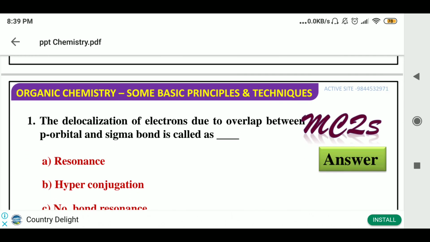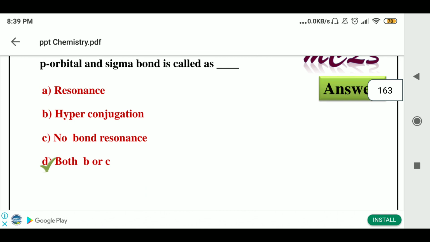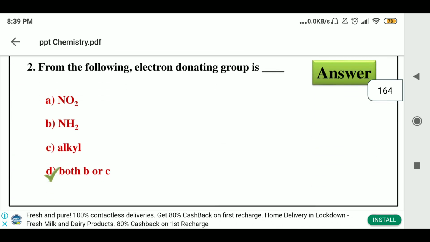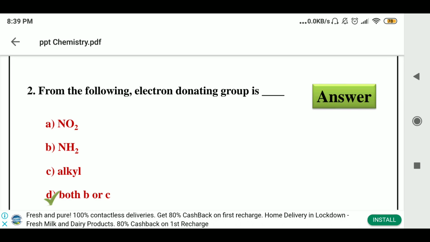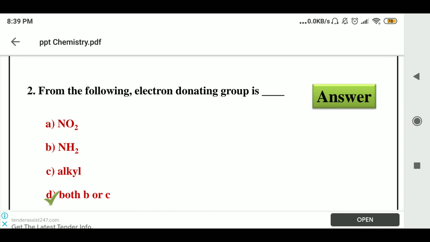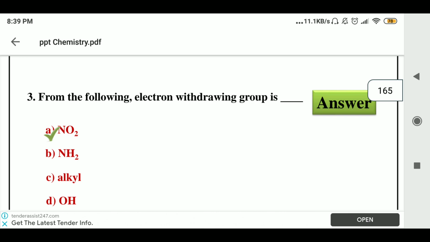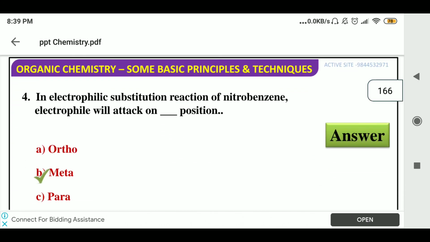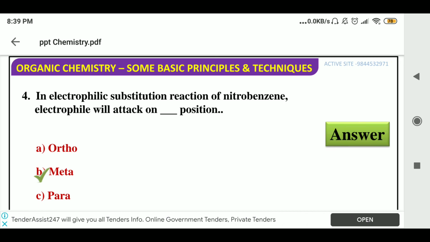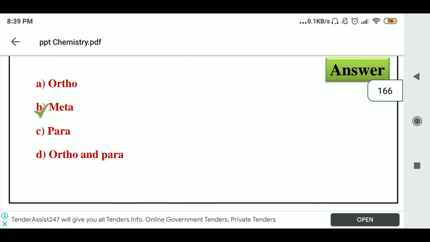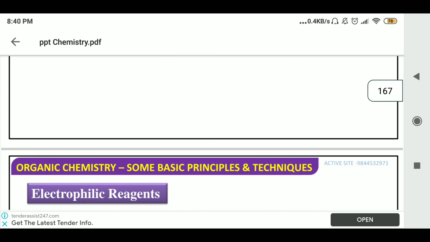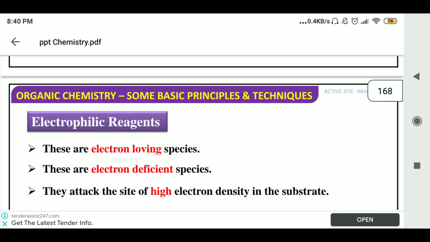Now some MCQs on these topics. The delocalization of electrons due to the overlap between the p orbital and the sigma bond is called both hyperconjugation or no bond resonance. Next, electron donating groups are both amine and alkyl. And electron withdrawing groups, already told you, are like nitro group, carboxylic group, formyl, that is aldehyde group. And in the electrophilic substitution reaction of nitrobenzene, the electrophile will attack on the meta position. Now talking about reagents, electrophilic reagents and nucleophilic